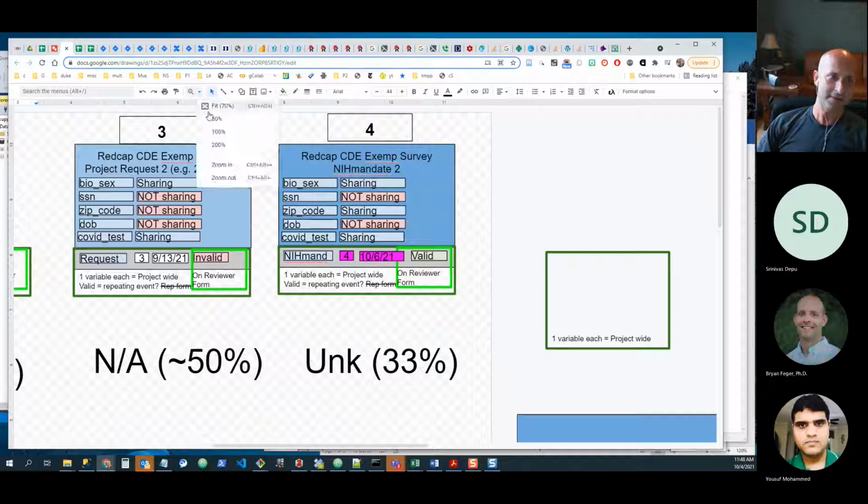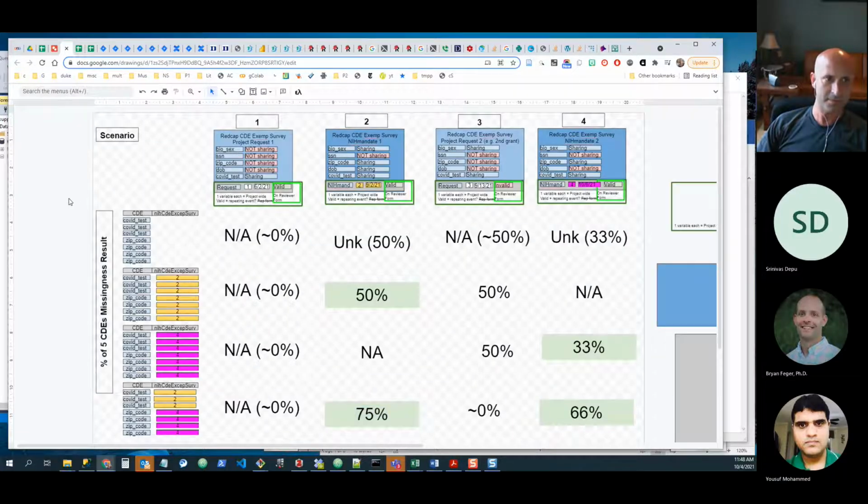All right, so I know that was kind of a lot to quickly go through, but the point is they're going to send us a cumulative file, and there's going to be different NIH mandates that apply to portions of the file. This is what the NIH is telling us, and we currently don't have that information, so we can't know what's missing. So this is an effort for them to be able to fill out a REDCap form that would tell us the missingness, and then for them to be able to tag it in that cumulative file